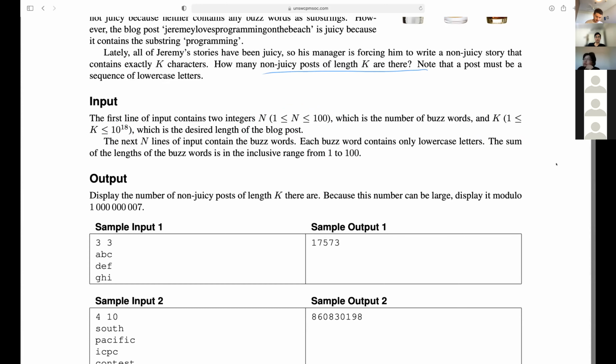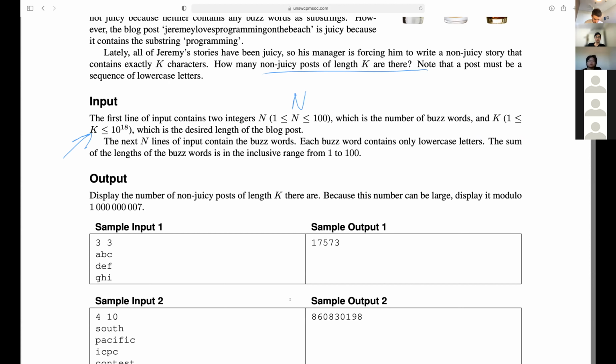So this says that we want a solution which could have a slow complexity in terms of N, but a very fast complexity in terms of K, because anything linear in K or even square root in K is going to be way too slow.